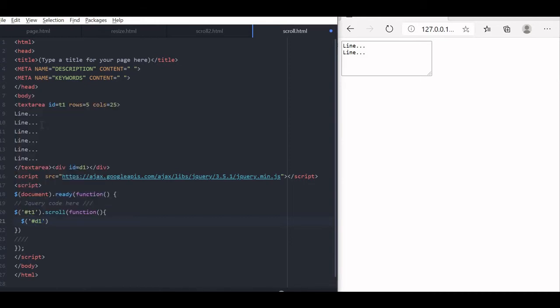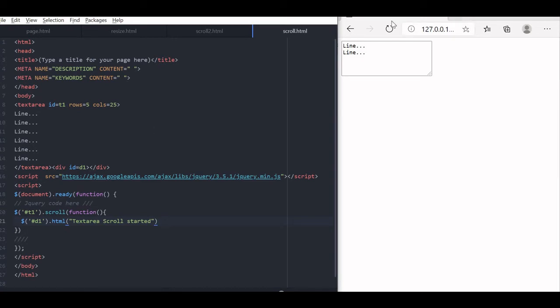Now D1 is the ID of the div. Now inside this HTML, the message will say text area scroll started, but we will give it a little more text area, because whatever we want to check it within text, and the same subsequently we will use the window scroll also. Now that's all. This should display the message once the scrolling starts.